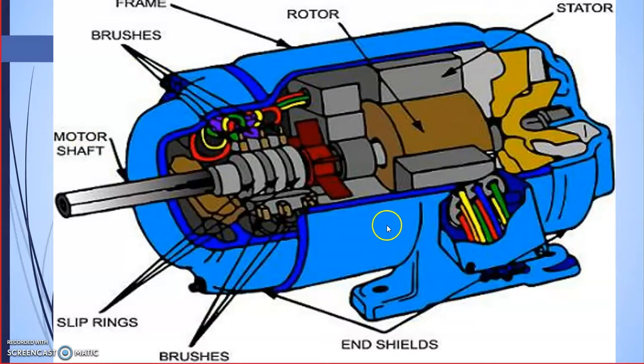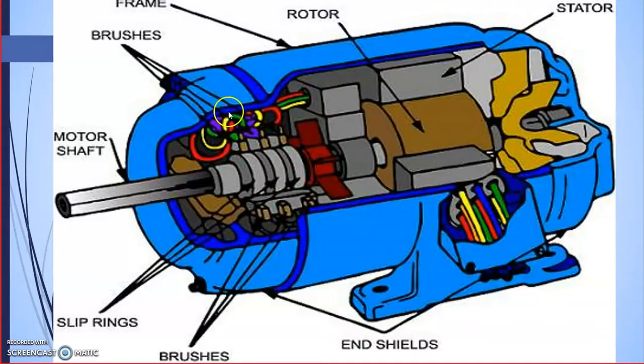Any rotating machine will have mainly two parts, stator and rotor. The stator will not be moving; one part will be stationary, so it is called the stator. Inside that, another part is the rotor, which will be moving on this shaft. This is the shaft on which the rotor will be moving, and stator windings and rotor windings are there, and you have to now study the insulating materials used in these.